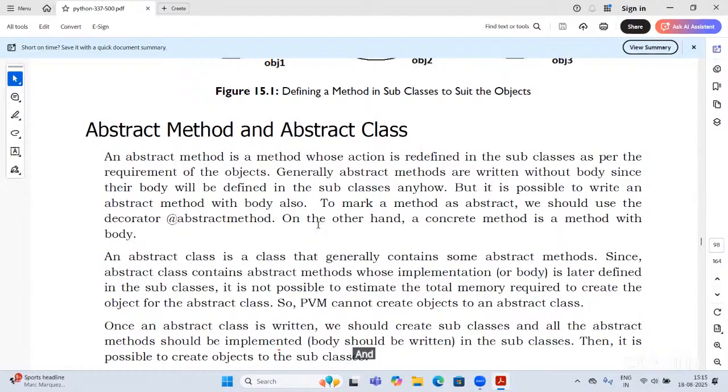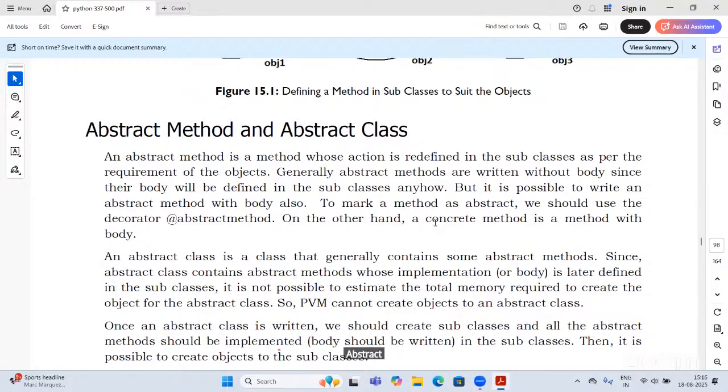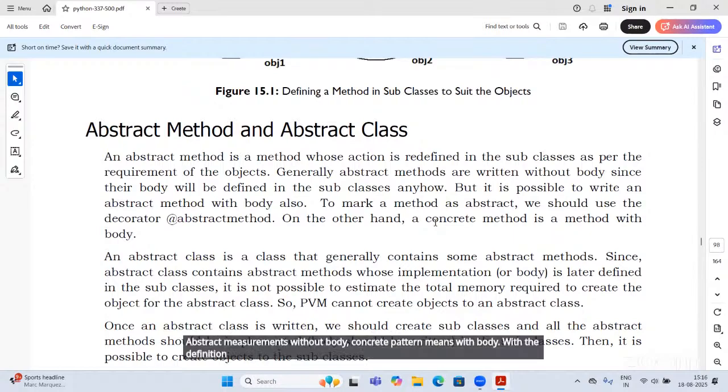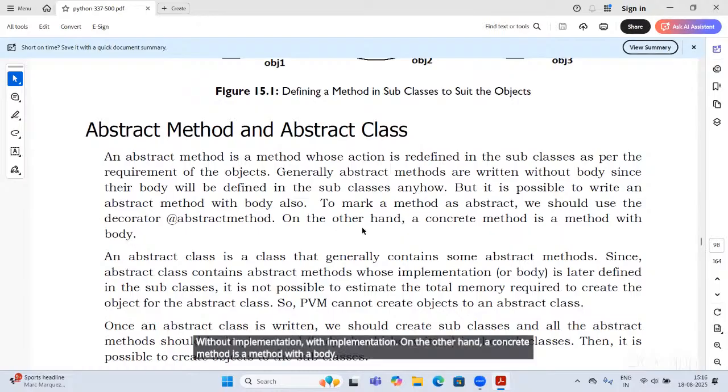On the other hand, a concrete method is the opposite of an abstract method. Abstract method means without body, without implementation. Concrete method means with body, with the definition, with implementation. A concrete method is a method with a body.